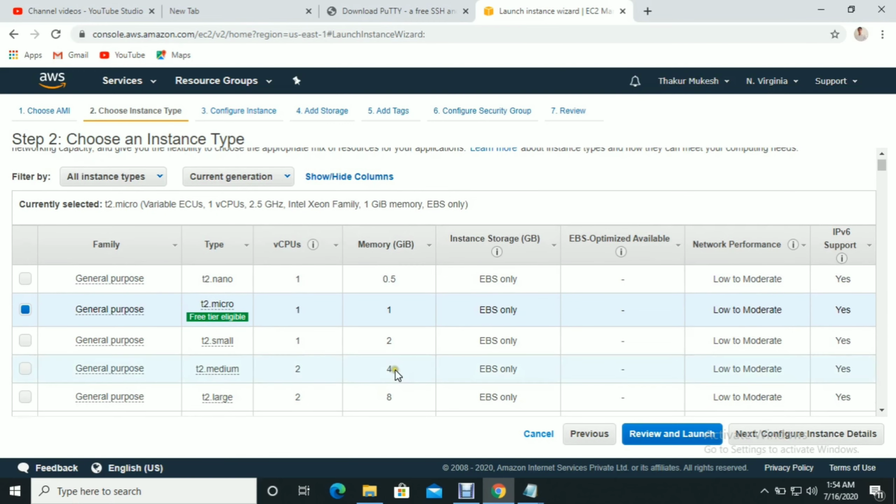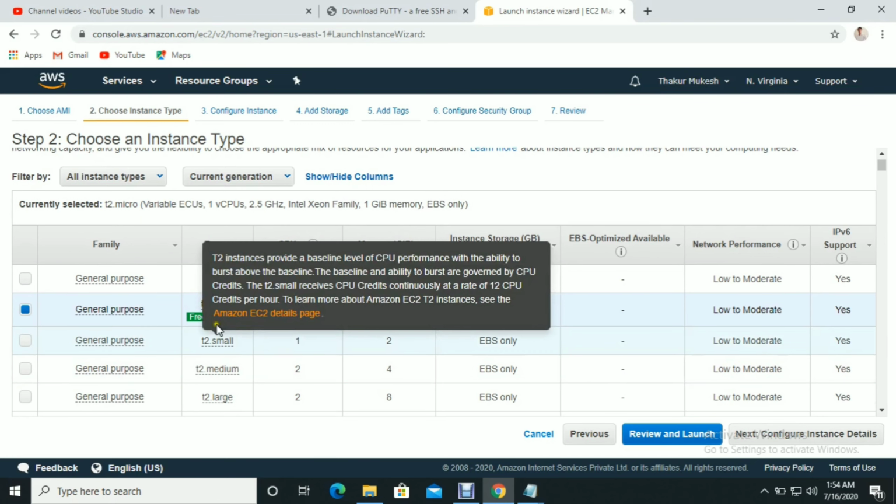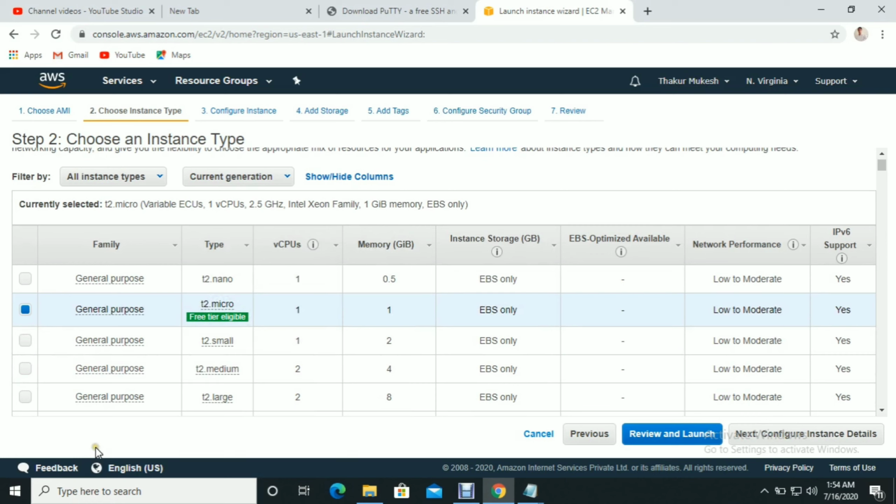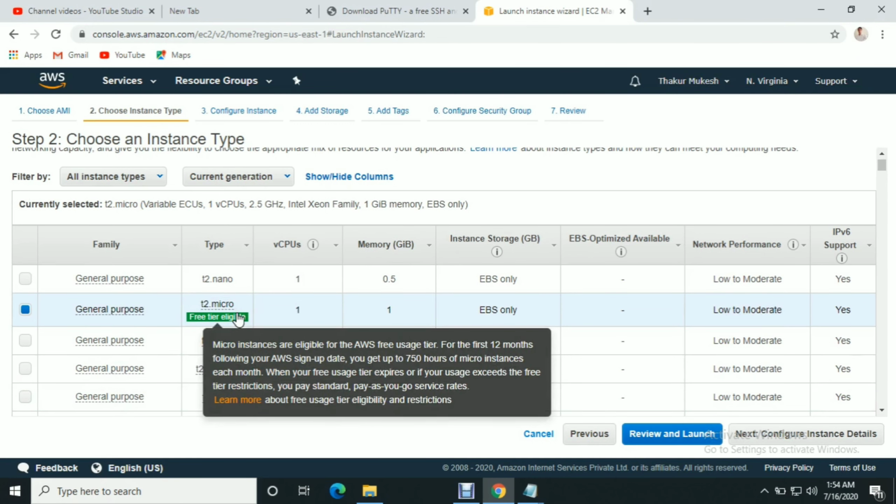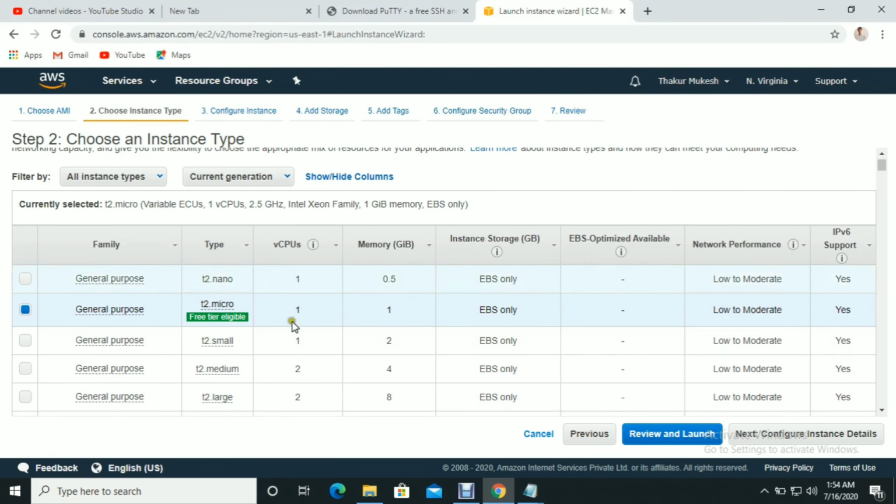In this whole AWS course, I will select only T2 micro, because this is a free tier instance. Once my work is done, I will terminate it. I suggest you also create this T2 free instance, do your work, and once your work is done, terminate the instance. The free period is for a certain length of time.